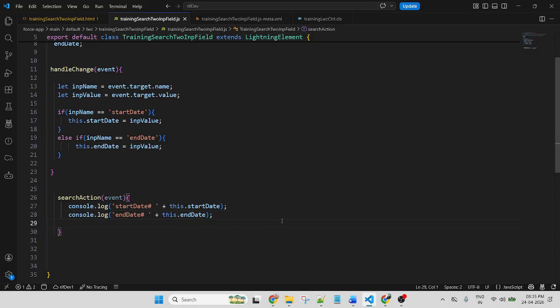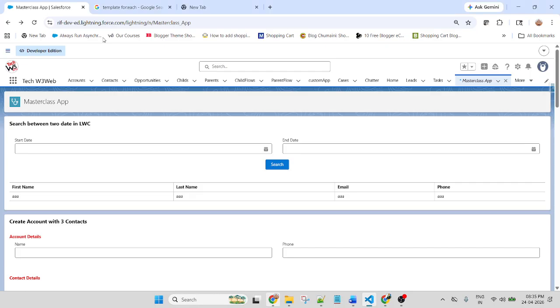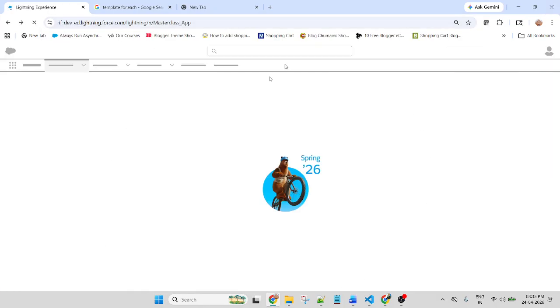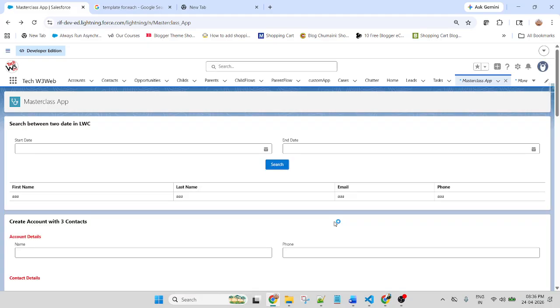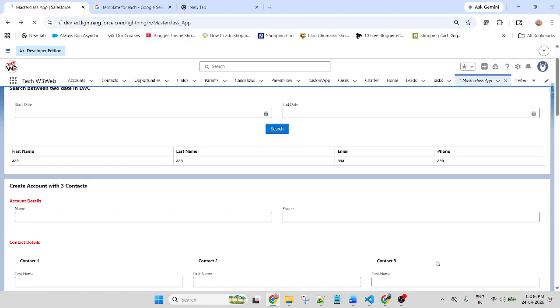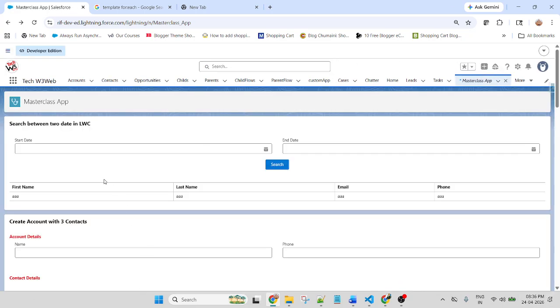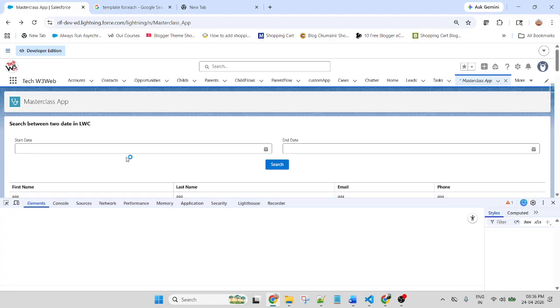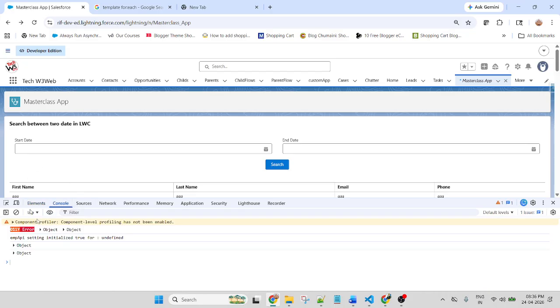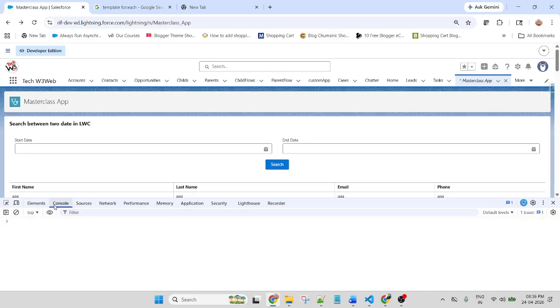Now save and deploy to code. Okay, deployed successfully. Now refresh. Refresh two times. Now open inspect, console, clear.